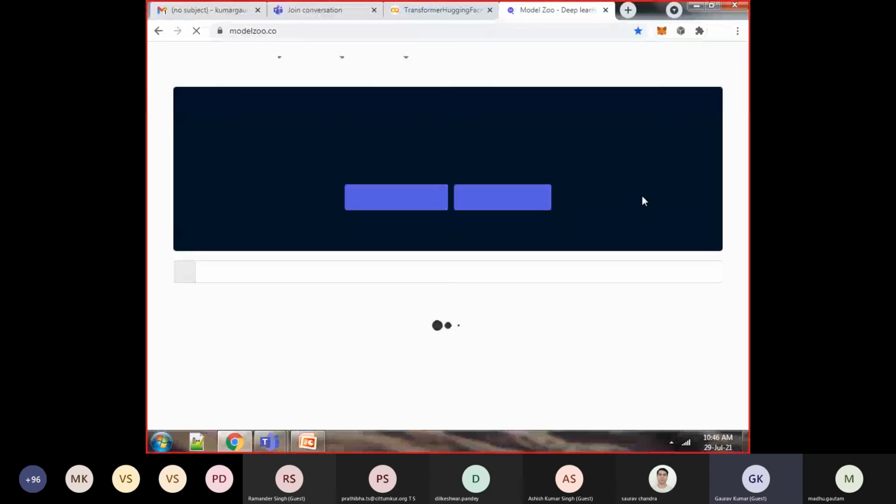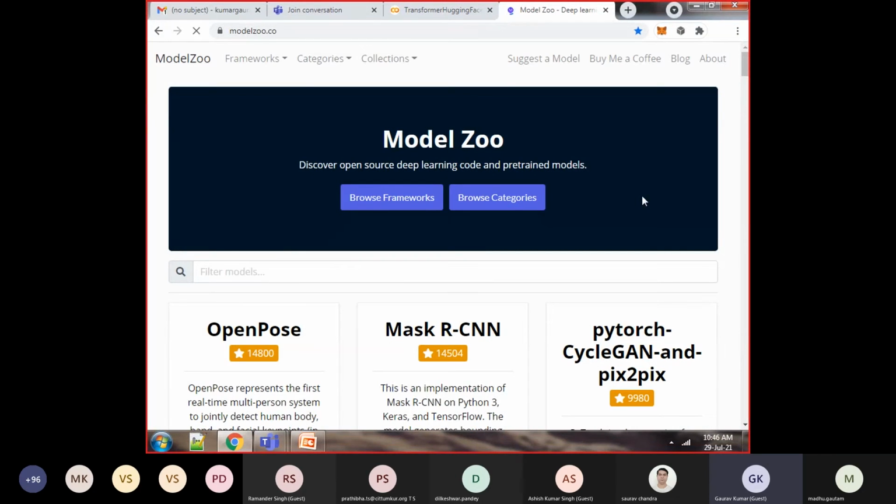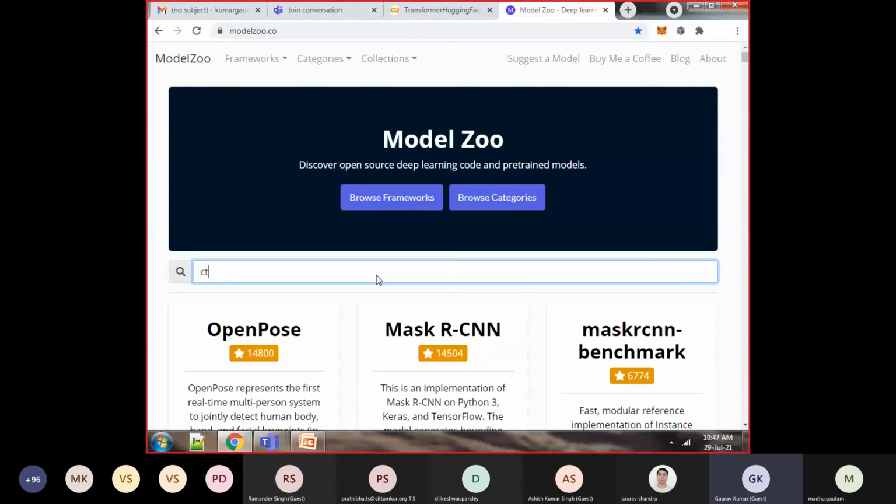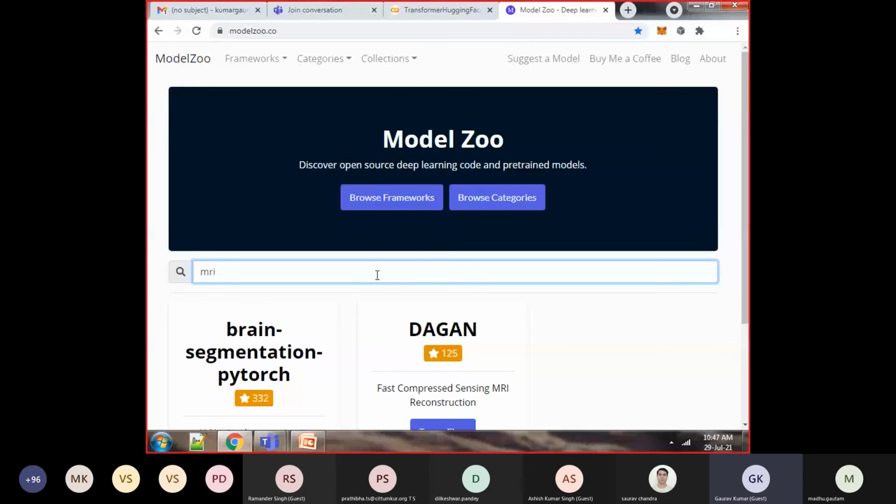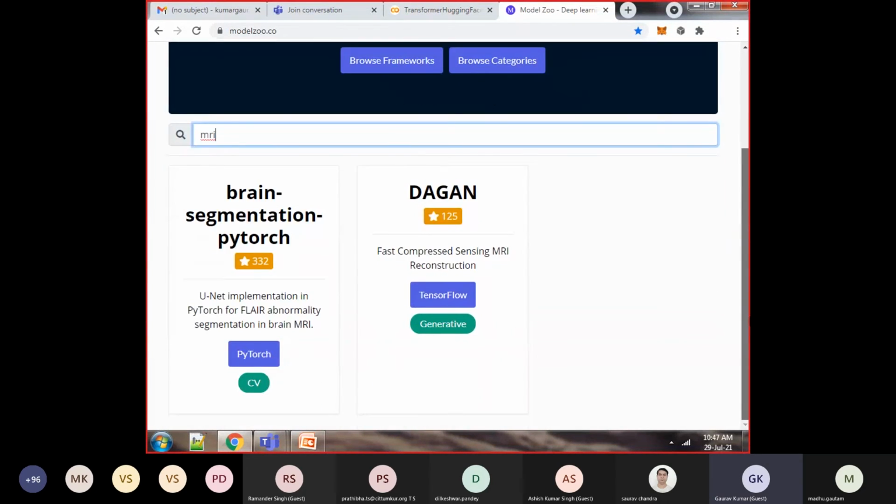If you are a researcher in deep learning, then this is a very good repository, modelzoo.co. It has thousands of pre-trained models, not only CNN, RNN, LSTM, everything. If you are working in face recognition, if you are working in MRI, CT scan, ultrasound, satellite images, everything is available. So many pre-trained models are available here, like MRI. So you can see that for MRI,